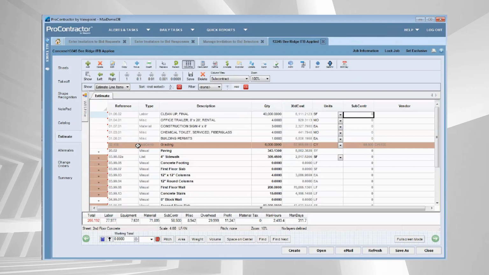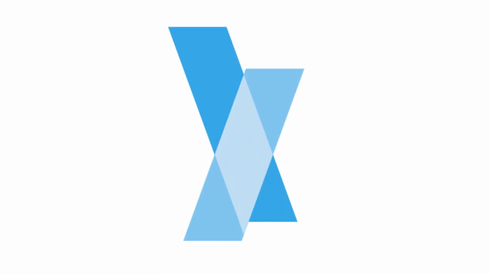I can see that grading has been updated along with some other pieces that I put together for a different bid package that I had. But I can clearly see the number's been updated and it has the vendor attached here. So being optimistic, if I am the low bidder on this particular project and I want to create a purchase order for this information, I am set, ready to go. I've got that piece of information populated for me already.